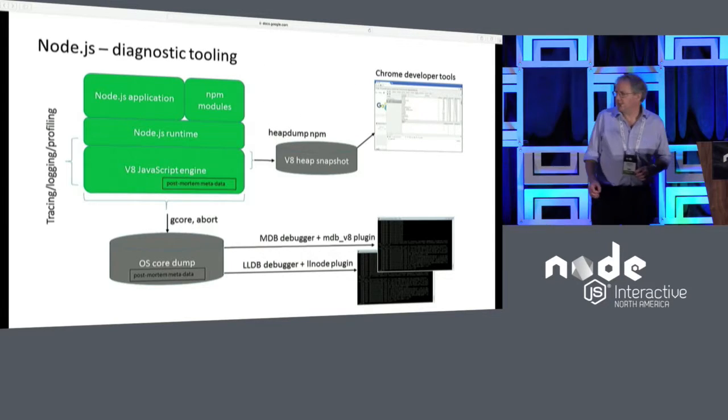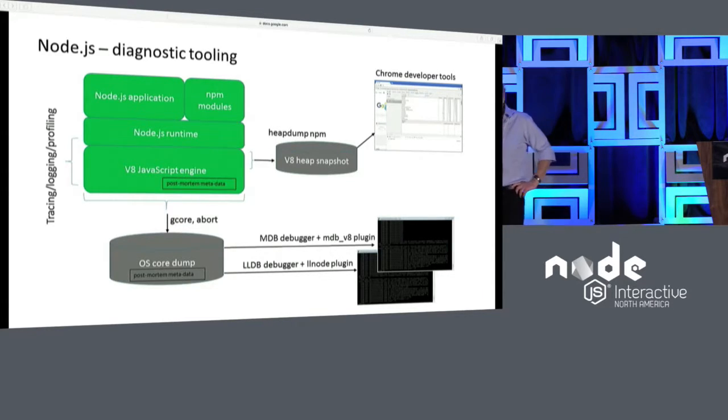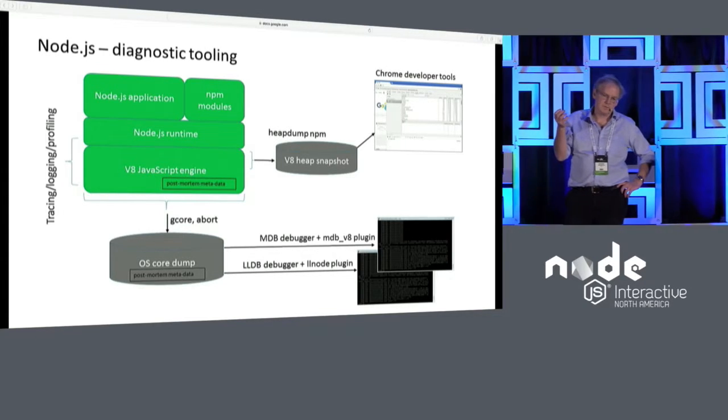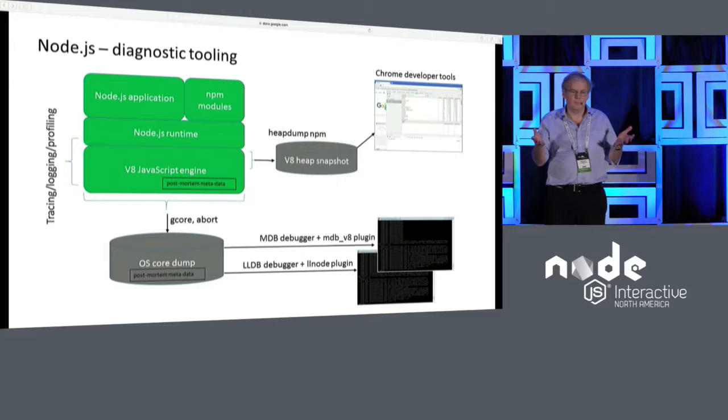So here are some of the main pieces in the picture. Down the bottom there, core dumps. A key thing that Dave Pacheco and the other guys at Joyent did a few years ago was to add something called postmortem metadata into the V8 runtime. What this gives us is a nice set of offsets, constants and types that we can use to pull apart the JavaScript object headers and the JavaScript stack frames. This is important, otherwise you'd only be able to see a native stack out of a core dump. But with this stuff they put in, you can now get JavaScript information out of a core dump.